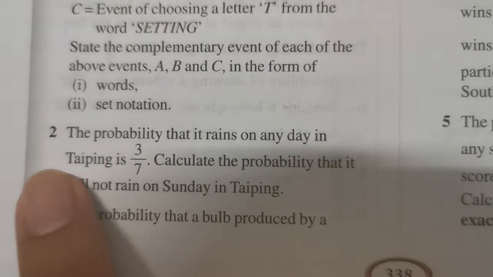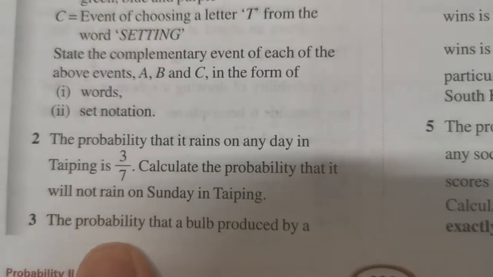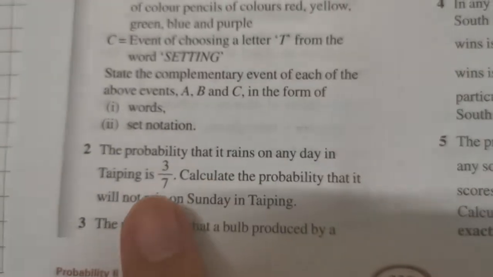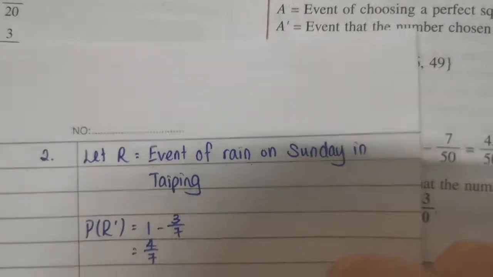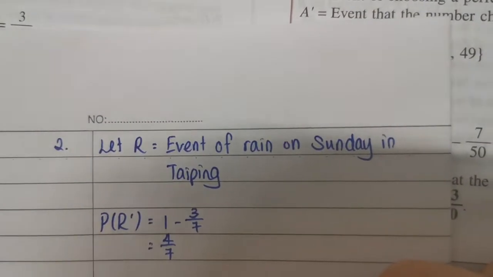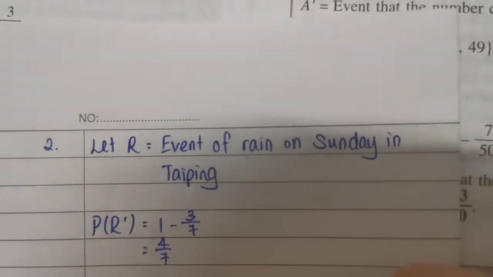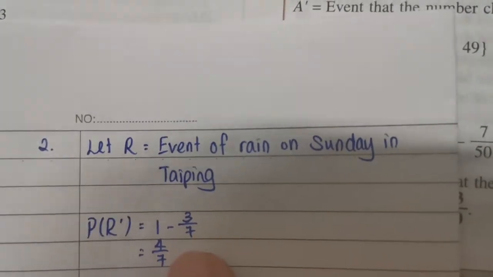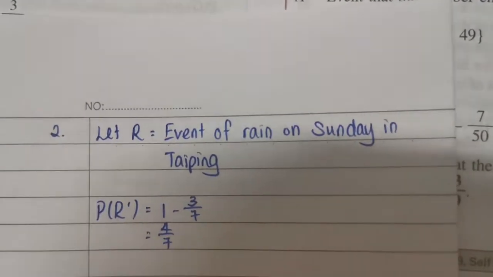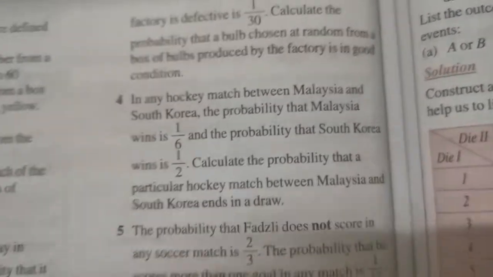那么我们来看题目。题目讲的是 the probability that it rains on any day in Taiping is 3/7. Calculate the probability that it will not rain. 会下雨就是3/7，不会下雨是，所以我们这样说：let R become event of rain on Sunday in Taiping。所以 probability of complement of R 是1减掉 3/7，答案就是4/7。